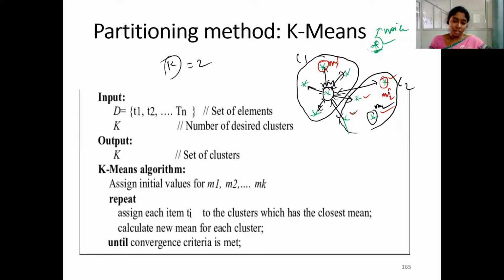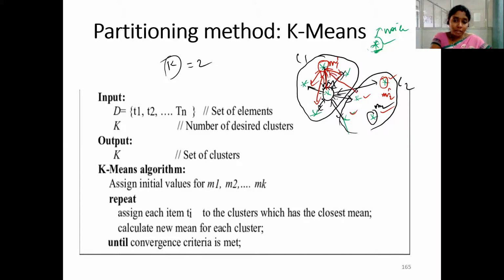So what to do in the next iteration? Again, the same process. Based on the obtained means, we need to reform the clusters. By considering these new mean values, again we calculate the distance between each and every point and this mean.